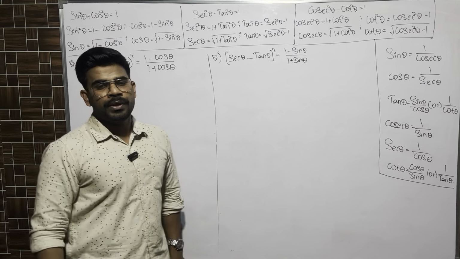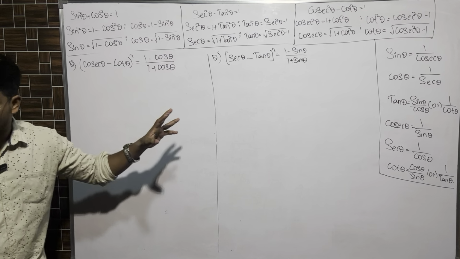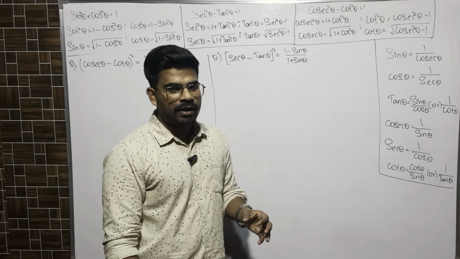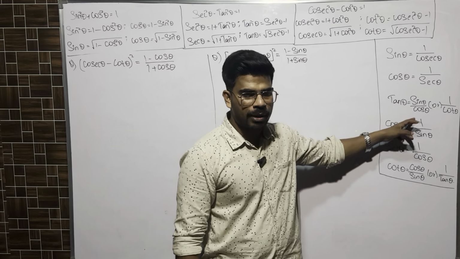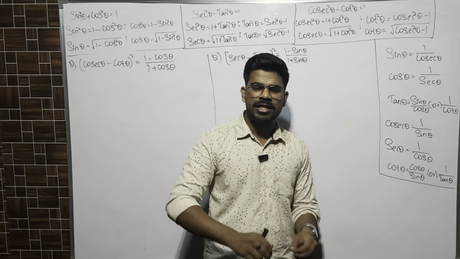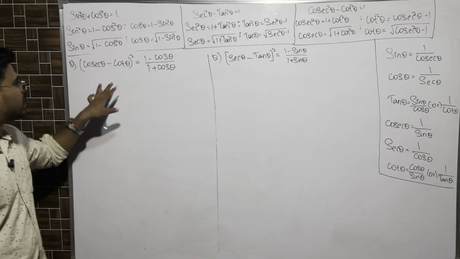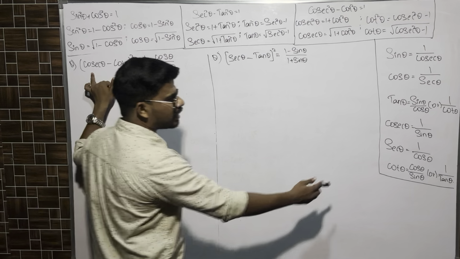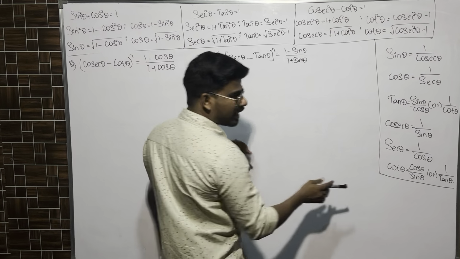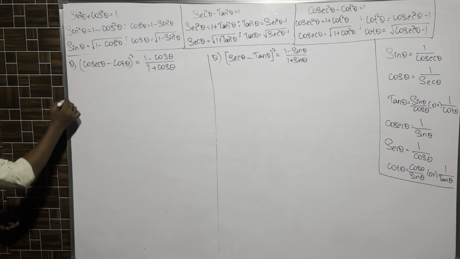That's a different story. However, if you do not have the squares on individual trigonometric ratios, then you have to convert all the trigonometric ratios in terms of sine and cos. For example, tan is there, you have to convert into sine by cos. Secant is there, 1 by cos. Cosecant is there, 1 by sine. Irrespective of whatsoever it is, first convert to sine and cos, then you will get the LCM. Another way of understanding: formula for cosecant is 1 by sine, formula for cot is cos by sine. So you will have sine in the denominator, you can take LCM in the denominator. Later you can proceed with the next steps. Chalo.